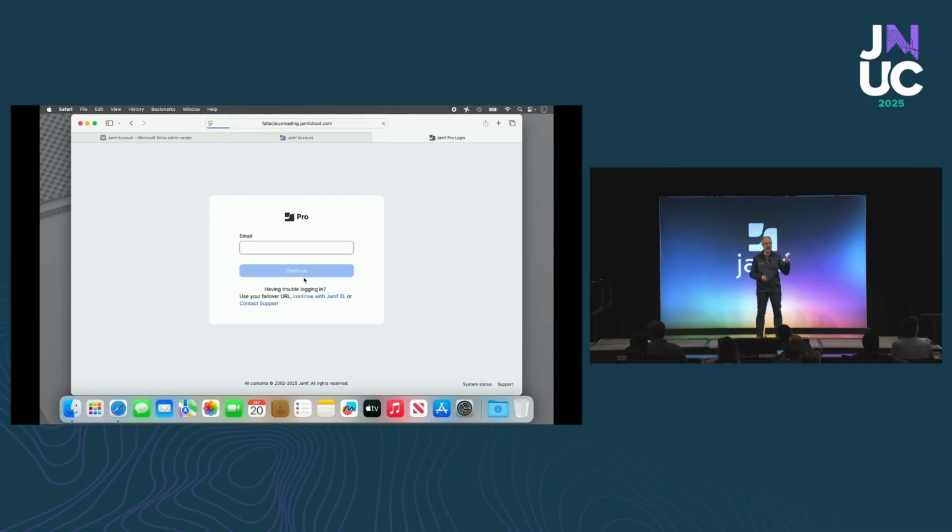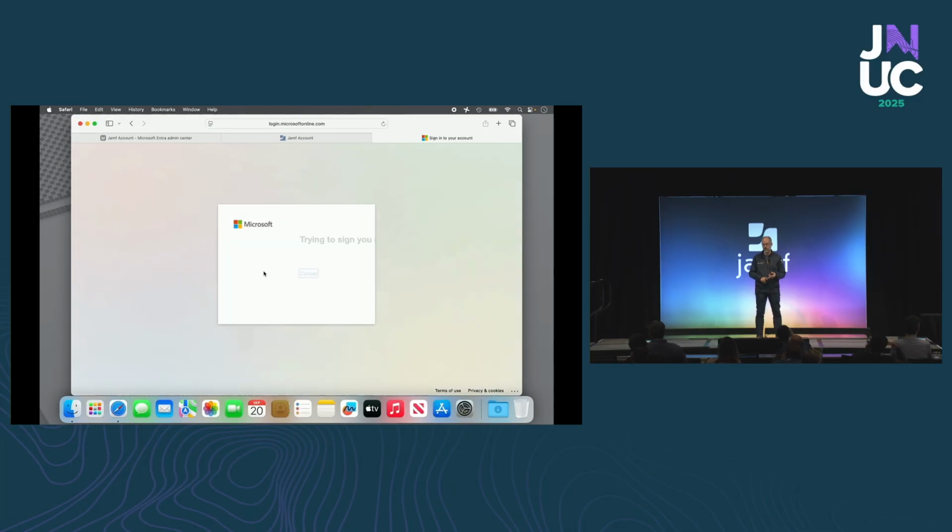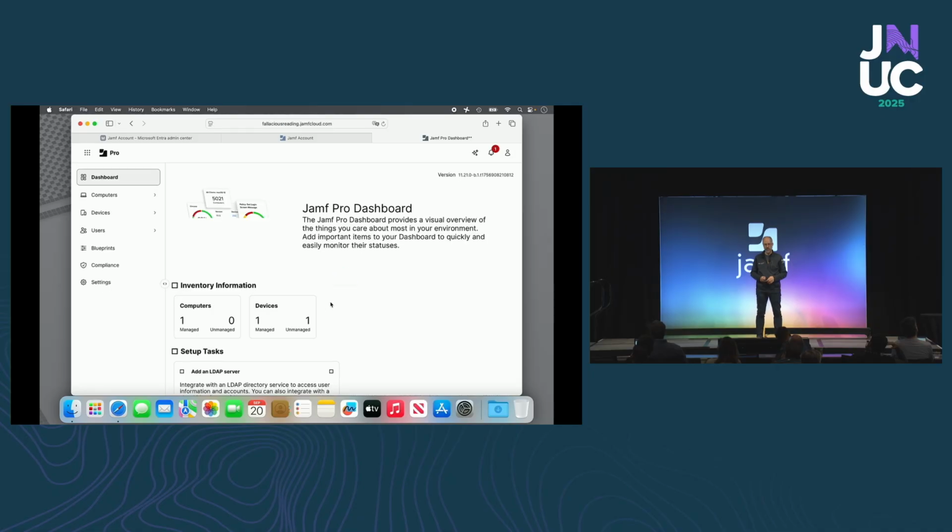Now let's try to log in with Danny's administrator account. Remember, this is his administrator -A account. When I click Continue, I'm redirected to Microsoft, the identity provider. I'll put in the password for Danny's -A administrator account. And if I look under Account Settings in the upper right, I see that I am definitely indeed logged in